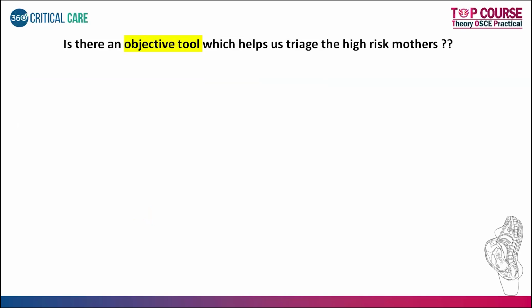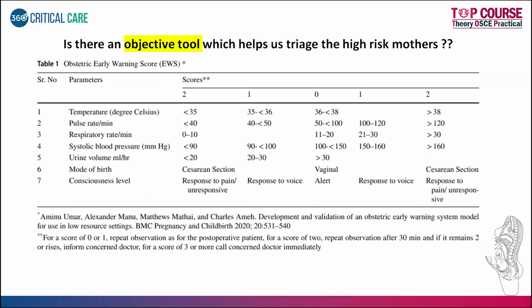So if all of this is present, is there an early warning sign which can be used as an objective tool to pick up these things? So most of the times we have mothers admitted in the labor wards, in the wards as well, right? So is there an objective tool that can help us? Yes. Similar to the MEWS which we use, we have an obstetric early warning score as well. So usually it has to be done